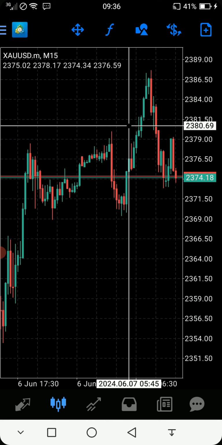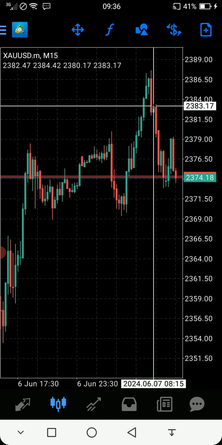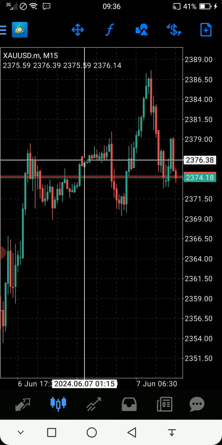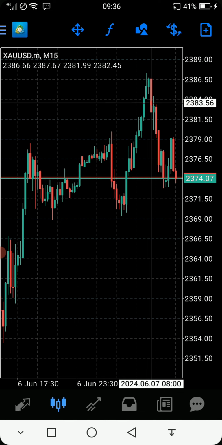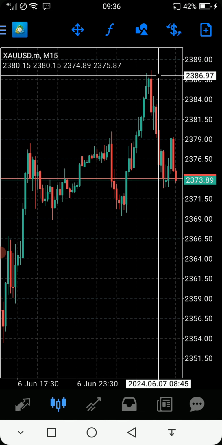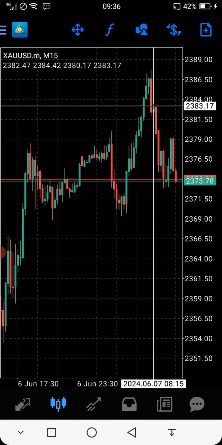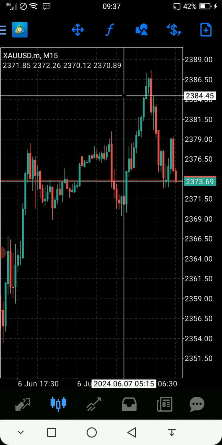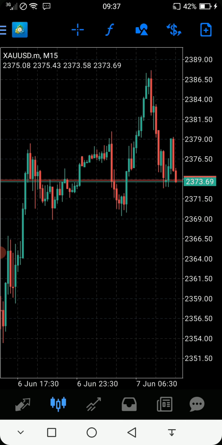We were waiting for a pullback, and then the market is showing larger bearish candles, as you can see here on the screen, guys. You see that the red candles are much bigger than the bullish ones. So it shows that the bears are in the market now. So now what we do is we just place some sell trades,